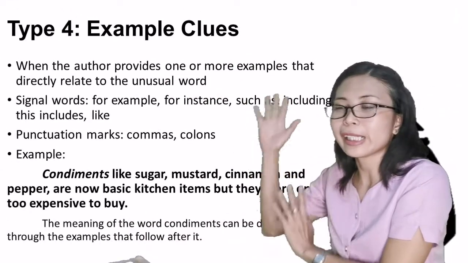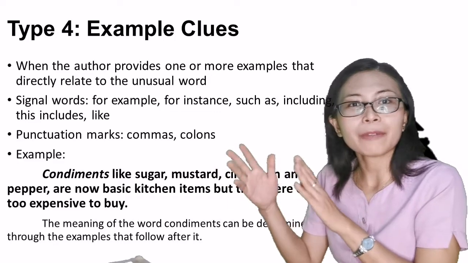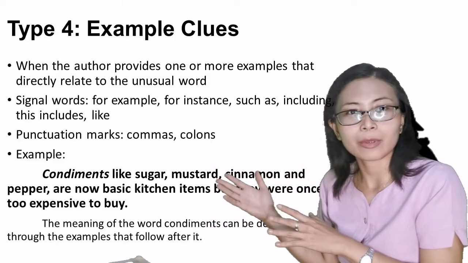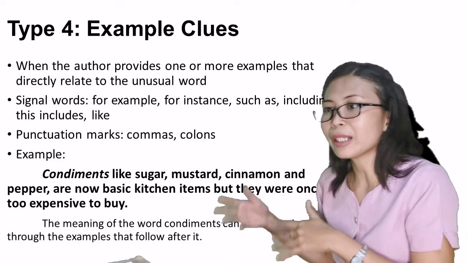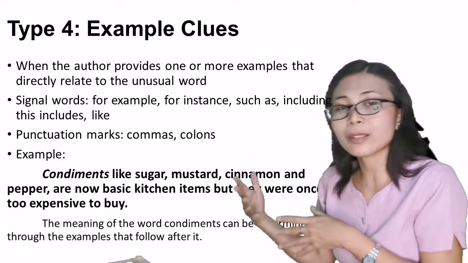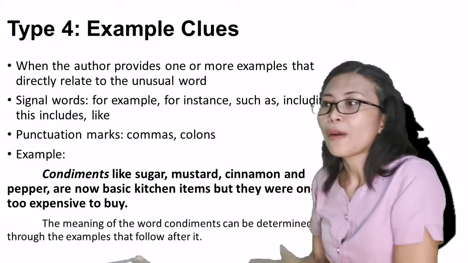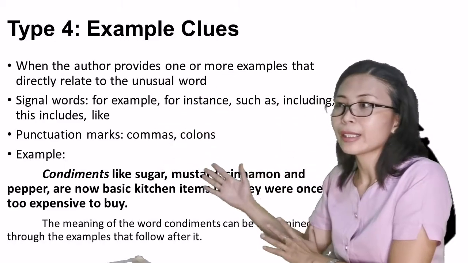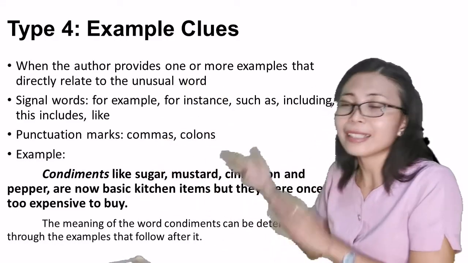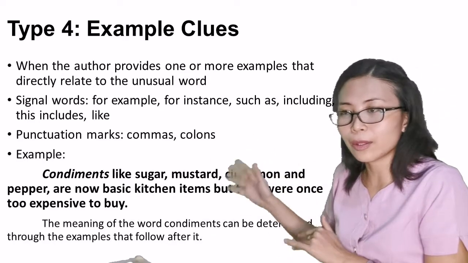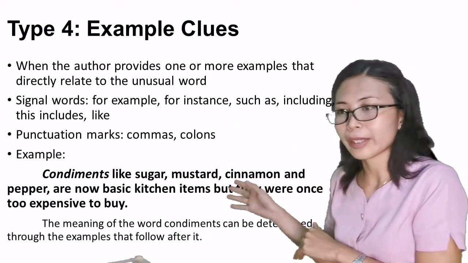The fourth type is example clues. We would be able to know the meaning of an unfamiliar word through the given examples, just within the sentence. When the author provides one or more examples that directly relate to the unusual word, the signal words the author uses are: for example, for instance, such as, including. This includes "like" and others. So take note of those signal words. And the punctuation marks we use are commas and colons. Example: